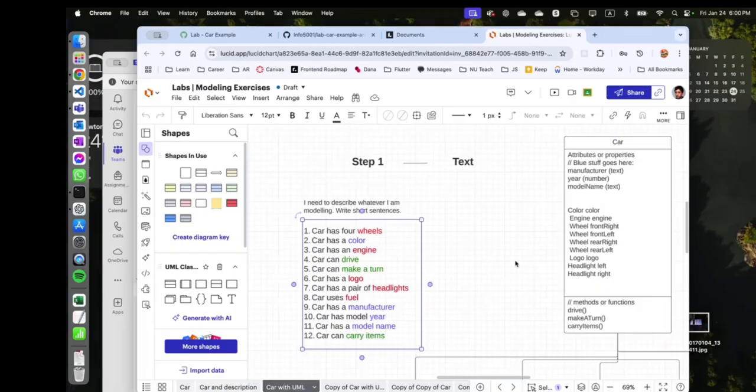The only difference is the way we write down this information. Here we write it in a box, and here we just have a list of short sentences, right? And so the same way,